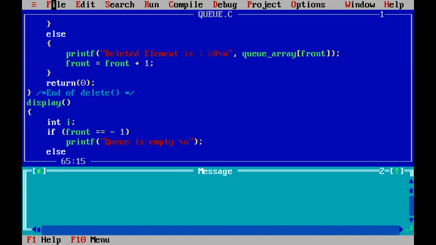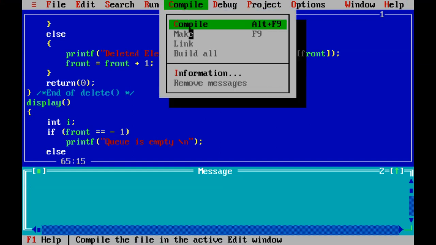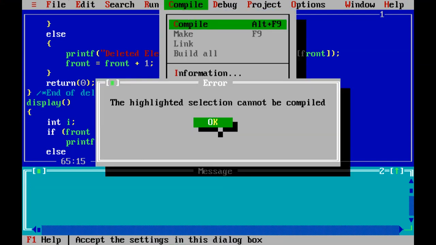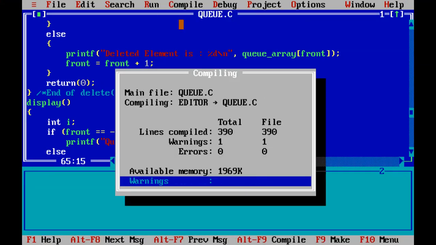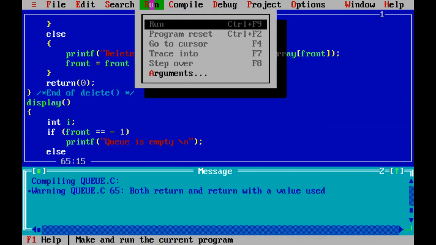So after that, compile the program. Then run.